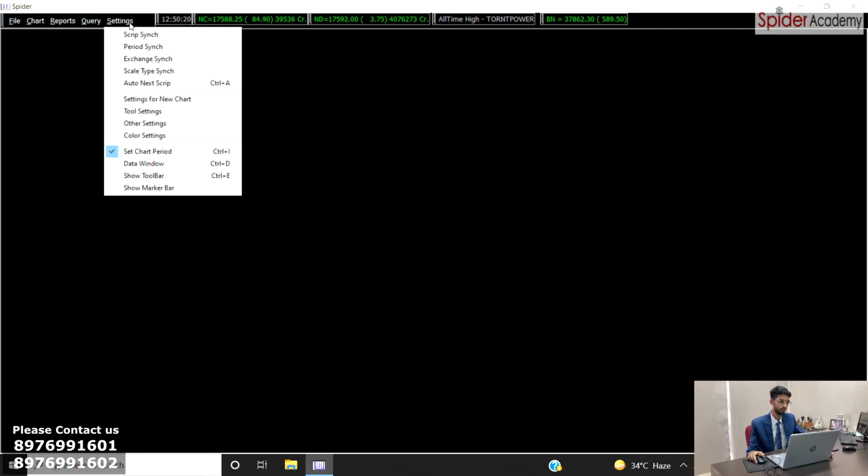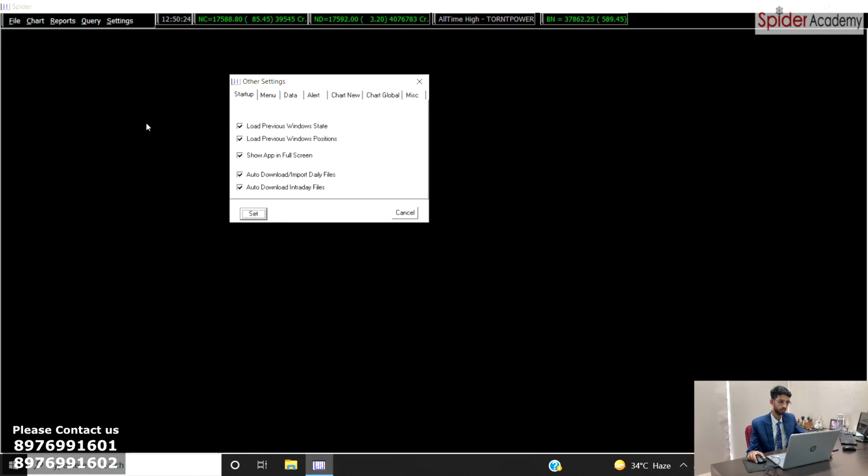In our software, we already have enabled auto download settings, and if you want to know, you can follow these steps. First, you have to go to settings. In that, you have to select other settings. After selecting other settings, you will have a startup tab.